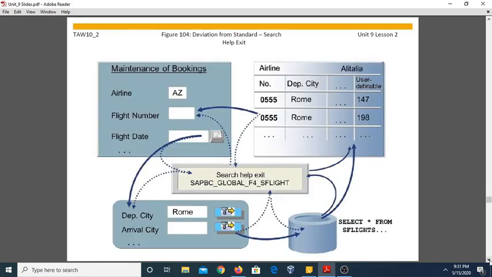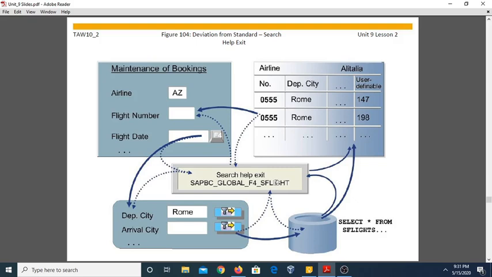The last topic of this lesson number 2 is deviation from standard, search help exits. Generally, a search help defines a system-wide standard for the input help, and it helps the users or customers explore the number of possible values using the hit list. However, in some cases, the user may deviate from these standards. In that case, a search help exit is used.